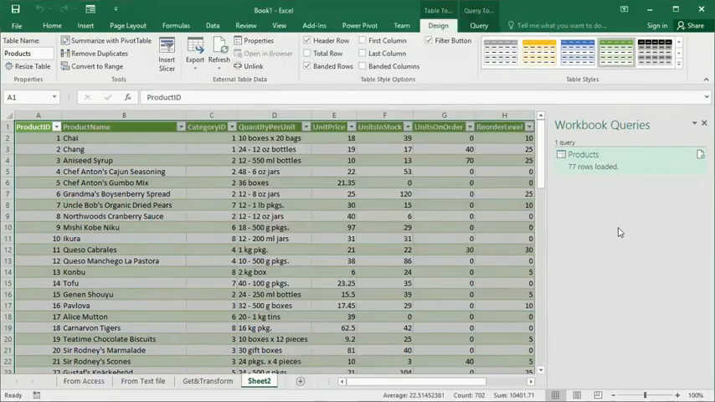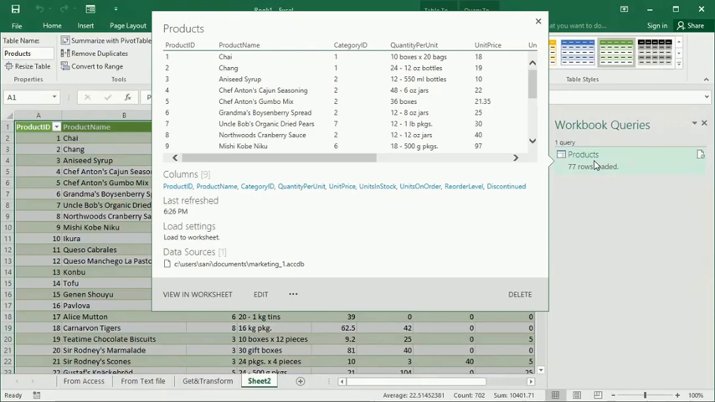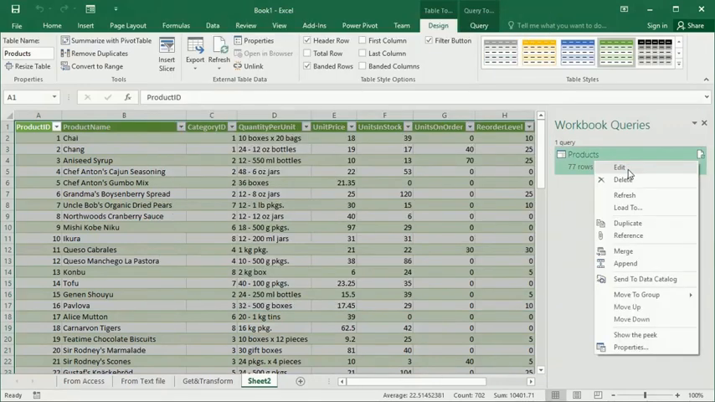But let's look at these options. If you right click here, you can edit this query, you can delete it, you can refresh, reload to, you can duplicate this query, then edit its duplicate. You can also send this query to the data catalog that is on Power BI,